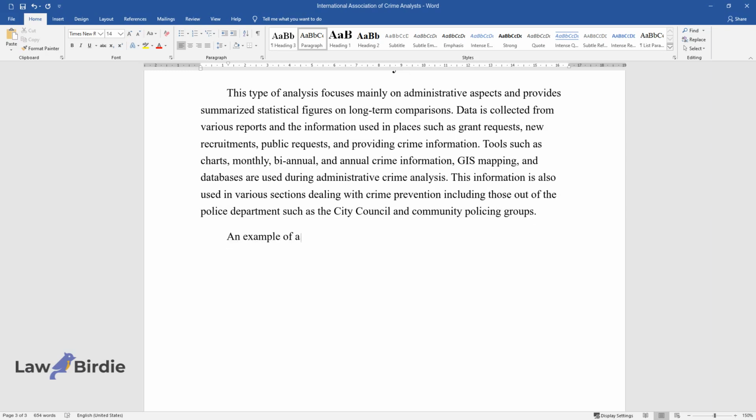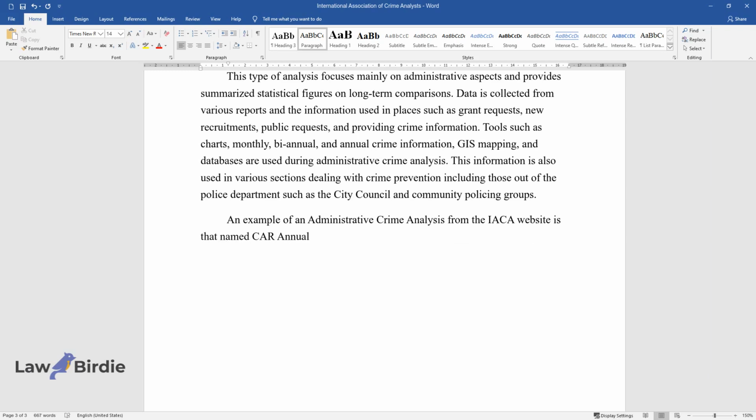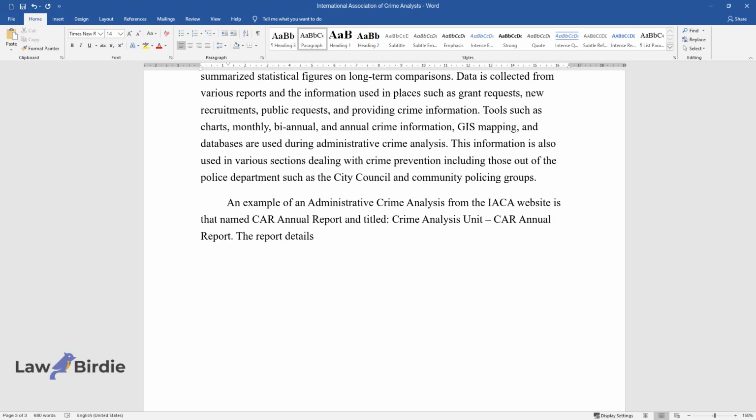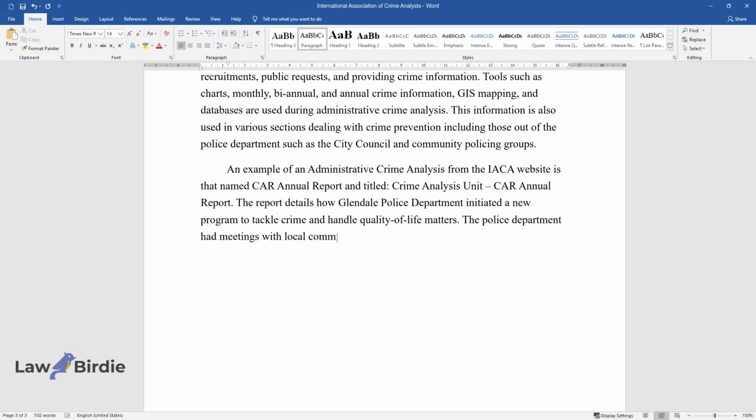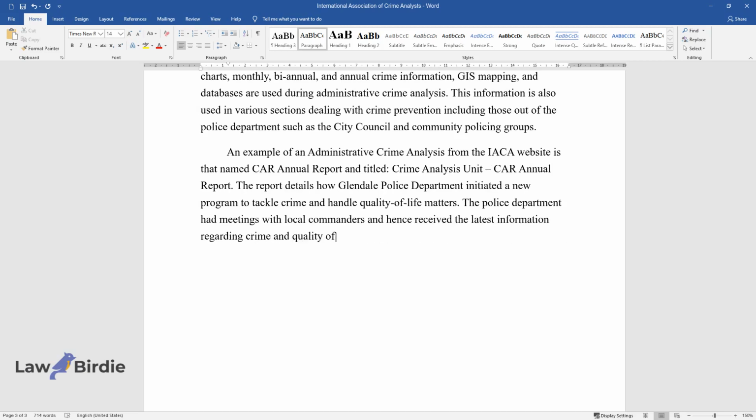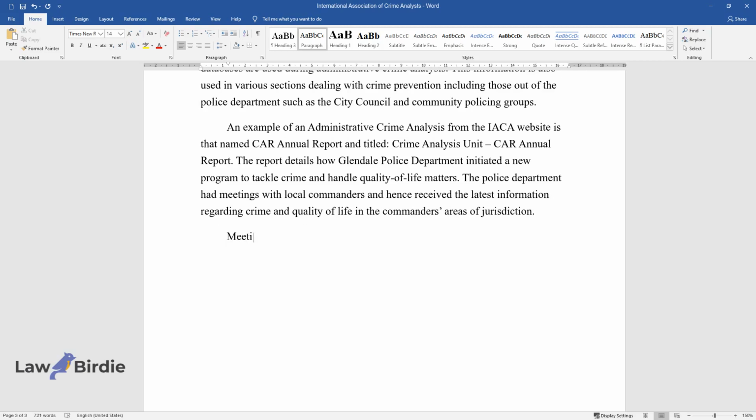An example of an administrative crime analysis from the IACA website is that named CAR Annual Report entitled Crime Analysis Unit, CAR Annual Report. The report details how Glendale Police Department initiated a new program to tackle crime and handle quality of life matters. The police department had meetings with local commanders and hence received the latest information regarding crime and quality of life in the commander's areas of jurisdiction. Meetings were arranged every 2 weeks, and, in each month, crime statistics were compared to the same month of the